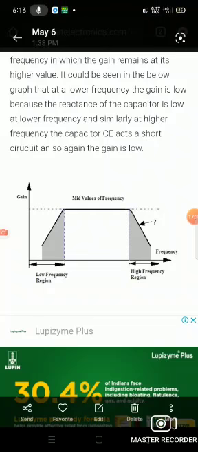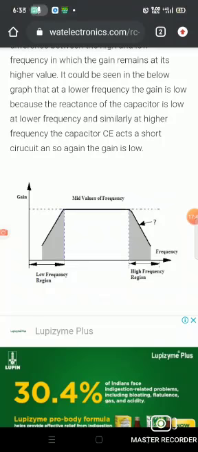To find that bandwidth in this frequency, these three frequency regions: at the middle frequency region, there is the start of the middle frequency region and the end of the middle frequency region, where the lower frequency region ends and the higher frequency region begins. So those two frequencies are considered for the bandwidth